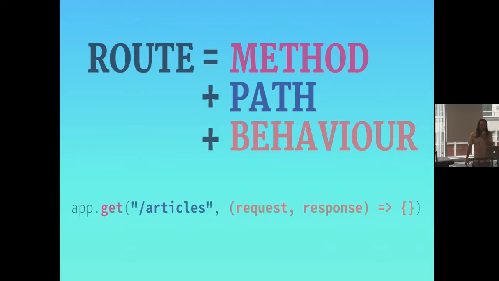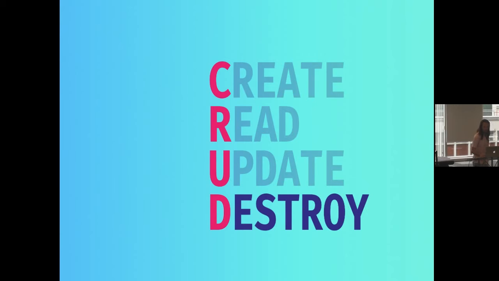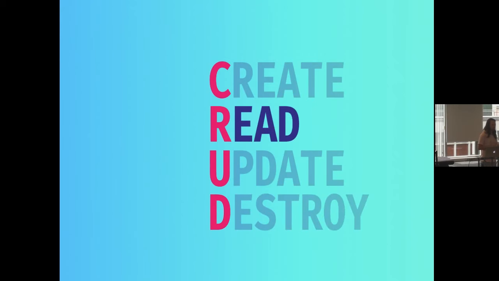So a route, this is, yes? Yes, please. Just on the read, you're always going to be making like a search or filter or something on the list of objects that you have on the resource, right? It's not about accessing a new page or something like that. It's more about just filtering out your list of objects.